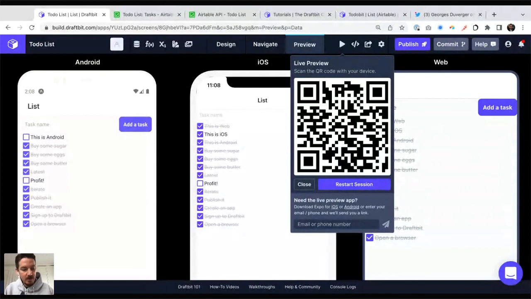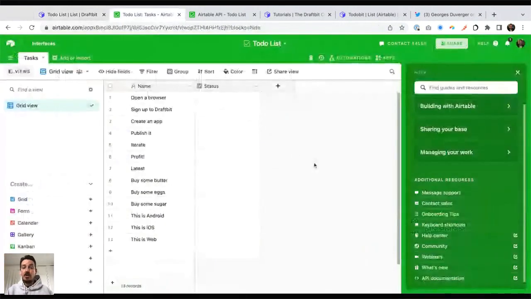I'm not sure how much you can see here, but this is my to-do list. Got a bunch of text messages. And I can play with it the same way I'll play with it on the web. So I can uncheck. You might not be able to see it very well, but I've essentially unchecked every single one of those. And if I were to go back to my backend, I would see that they are all unchecked. And you can see it live even.